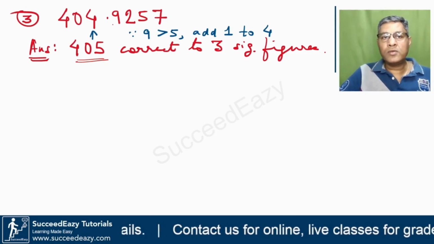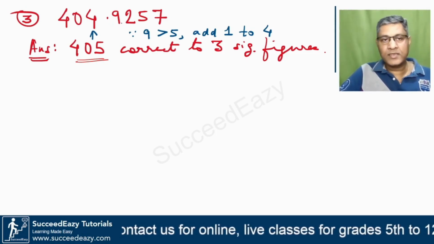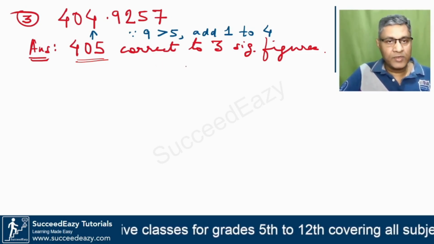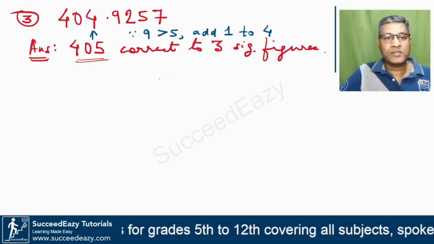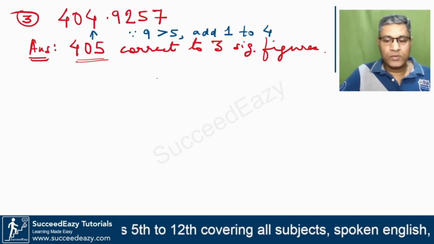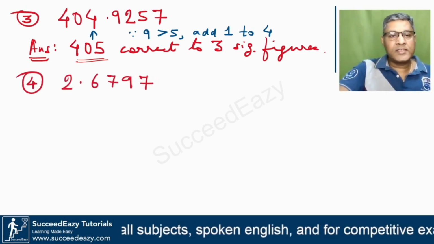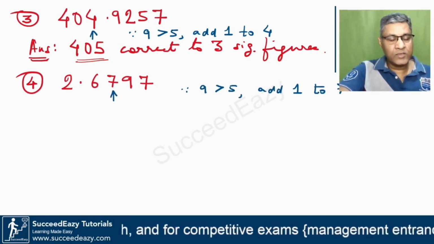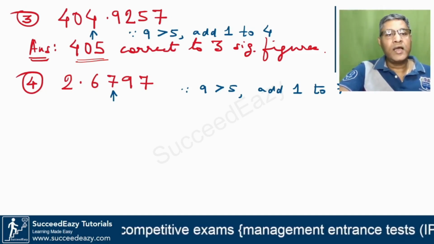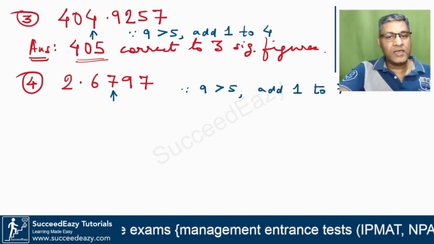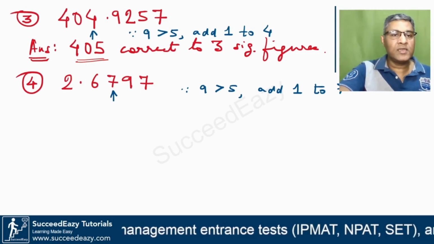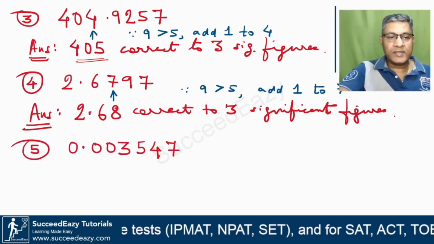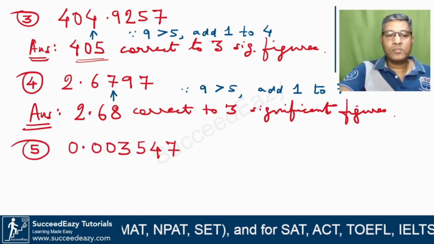Okay, so remember, there is a little bit of complexity whenever you see a decimal. There are more problems that I'll present to you, which will make even that complexity very clear to you. So stay on. 2.6797. The third significant figure is 7 in this case, which has a blue arrow beneath it, and the following number is 9. Since 9 is greater than 5, I add 1 to 7 to get 2.68, correct to 3 significant figures. Next example, fifth problem,